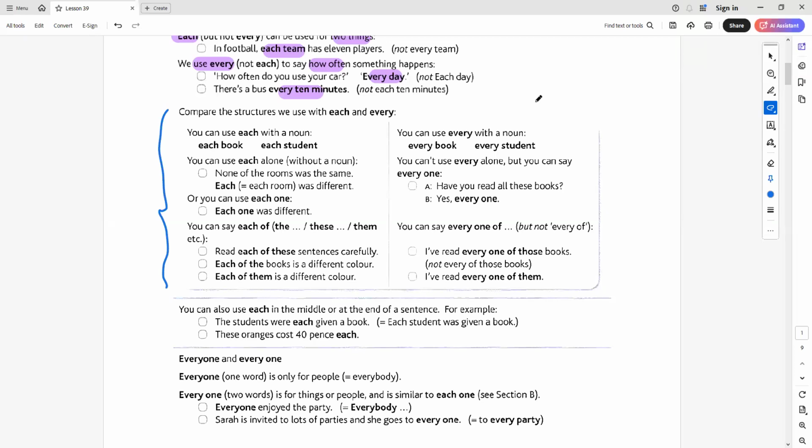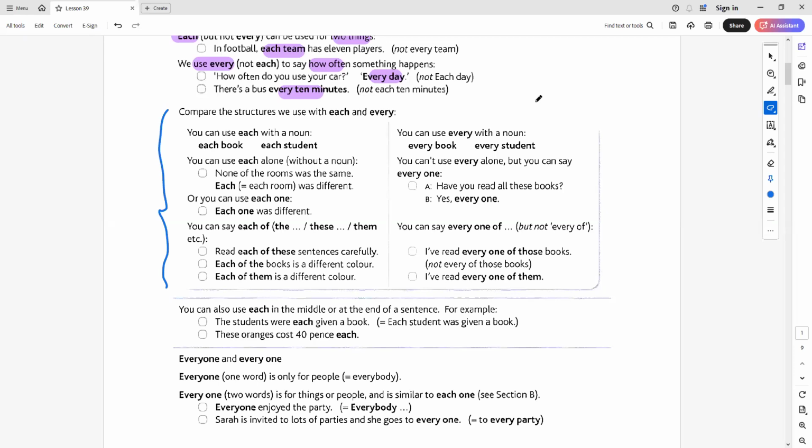So let's come to this again, everyone. It can be one word, it can be two words, right? But when you use it as one word, it means people only, 每一个人. So when we have only one word, everyone, it means everybody. But if you separate it and make it two words, every one, 它可以指人，也可以指东西。它的意思就是 each one 的意思，每一个。不是所有人，而是每一个。